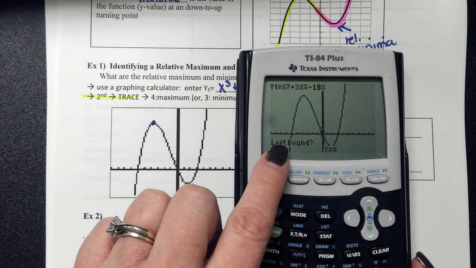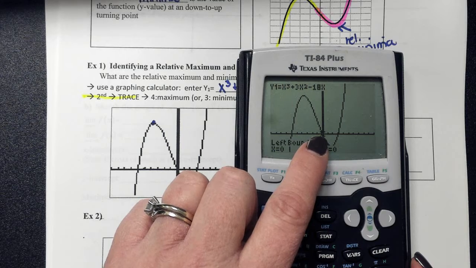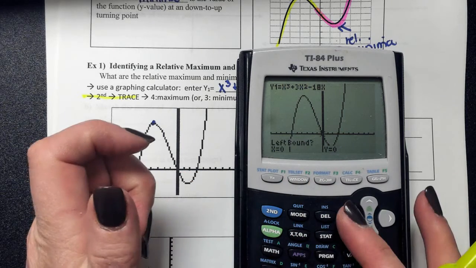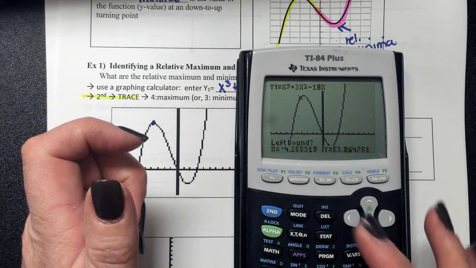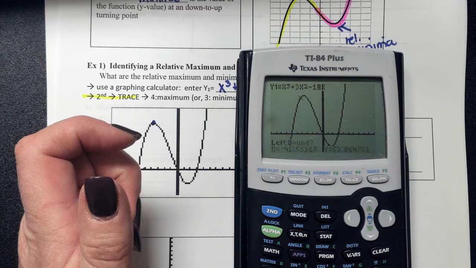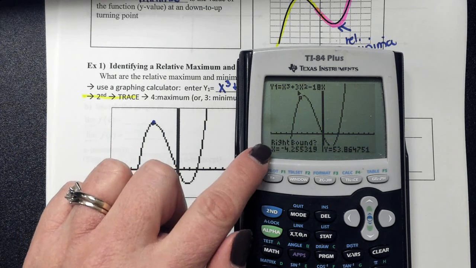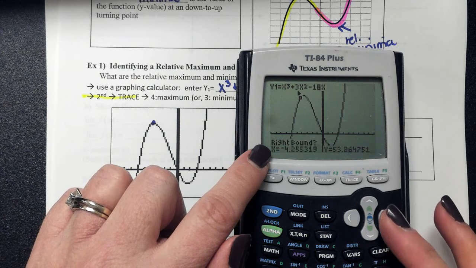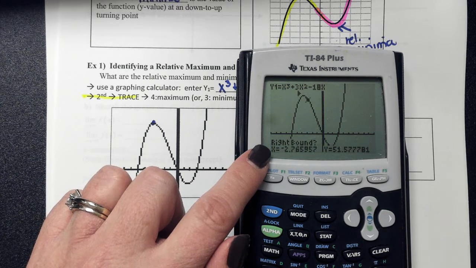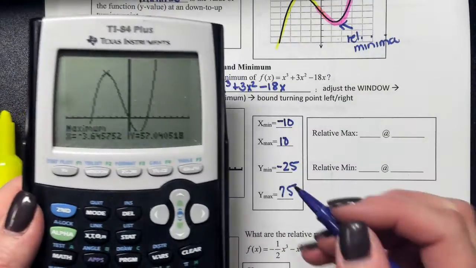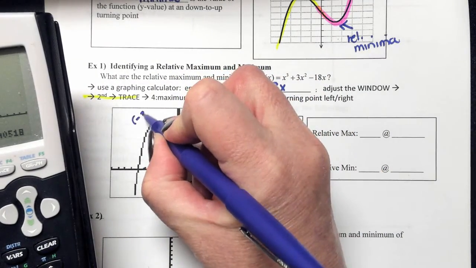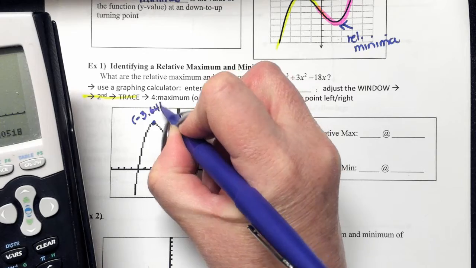Now it's asking you for left bound, and you see you have your blinking cursor. You want to use your arrows on the calculator so that you move your cursor slightly to the left of that turning point. Once it's in good position, hit enter. Notice now the calculator says right bound. Using your arrows, I want to use my cursor to go slightly to the right of that turning point. It's going to ask me guess, hit enter again. So your relative maximum then is occurring, again round to 3 decimal places, at negative 3.646 and